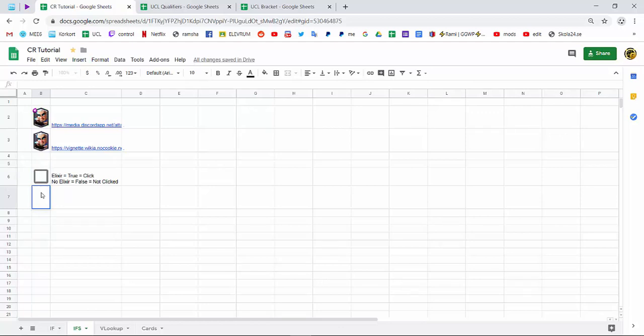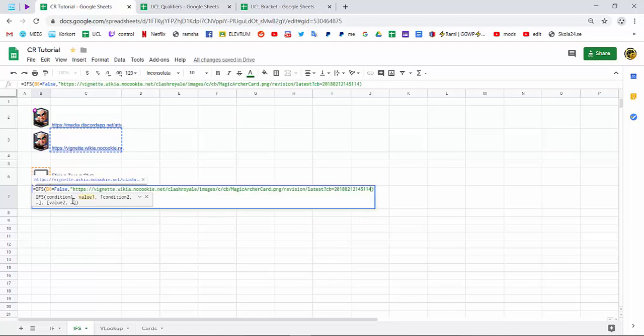just by clicking. There's one simple way to do it. There's more ways, but this is the simplest one. So if we equal sign IFS, the condition 1 is that this B6 must be equal to false. If it's false, then it's not clicked, right? And if it's false, it's no elixir, which means we want this link. So we're gonna cover this link, comma. We're gonna put this link in,